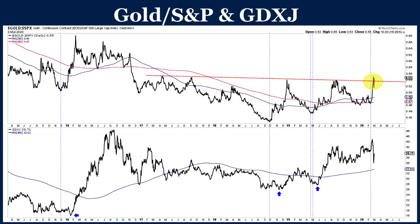The stock market has still been in a bull market. It's done really well. Gold stocks and gold, they've done fairly well, but not as well as they would have done in a real bull market if they were really outperforming the S&P 500. But on a more micro level, gold outperforming the S&P 500 can also be somewhat of a leading indicator for the sector. And just looking over the last 4 years or so,